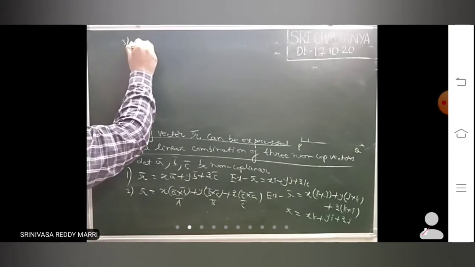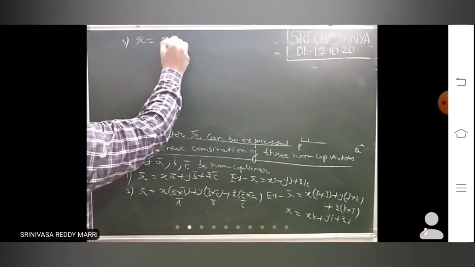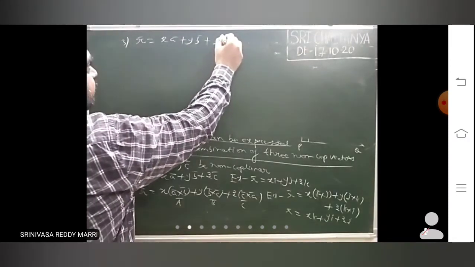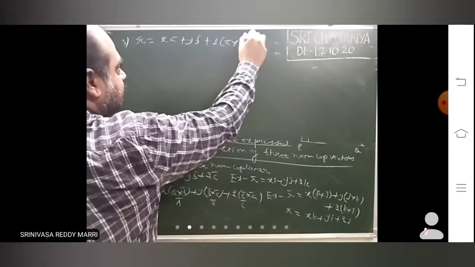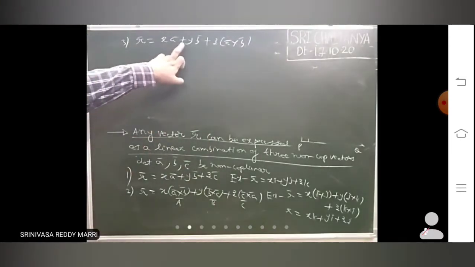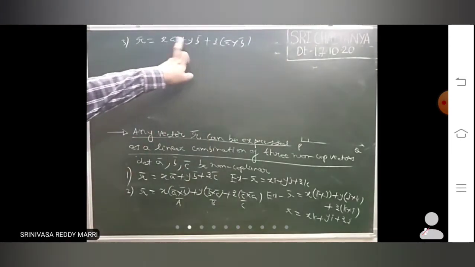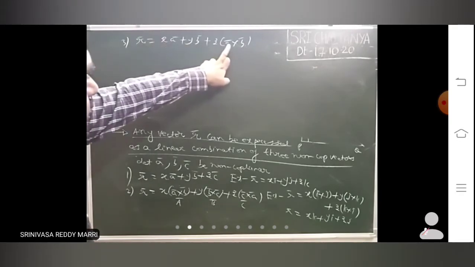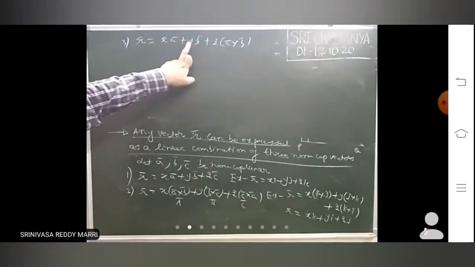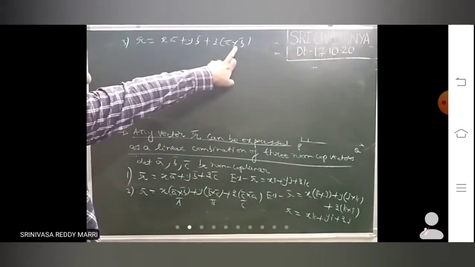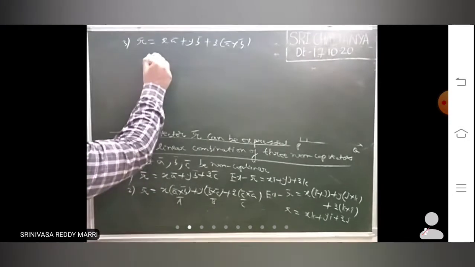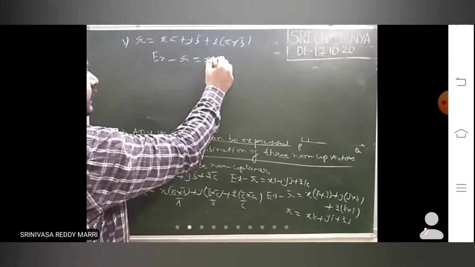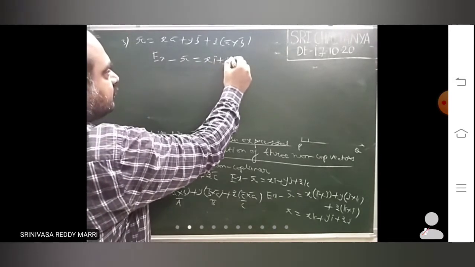Suppose number 3, in some cases, in terms of two vectors, he will write like this: plus z into A bar cross B bar. If A bar, B bar are two vectors, any vector can be expressed like this: x into A bar, y into B bar, z into A cross B. A bar, B bar, A cross B are what? They are non-coplanar vectors.